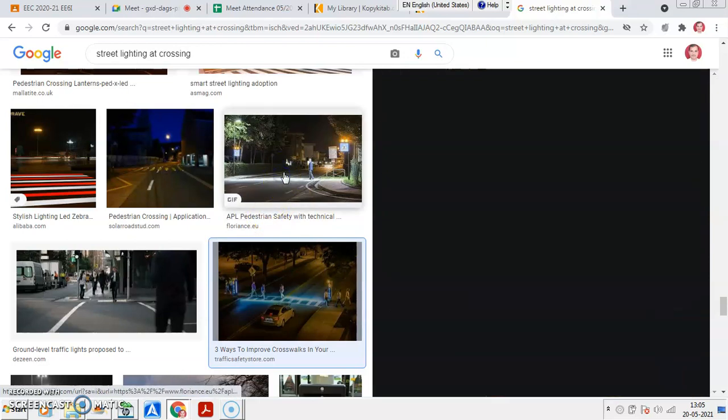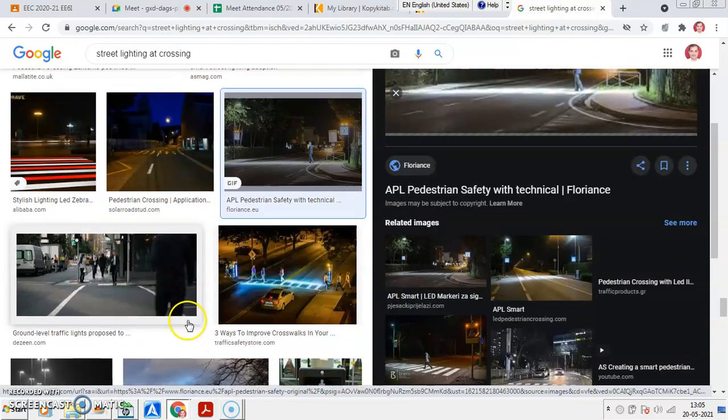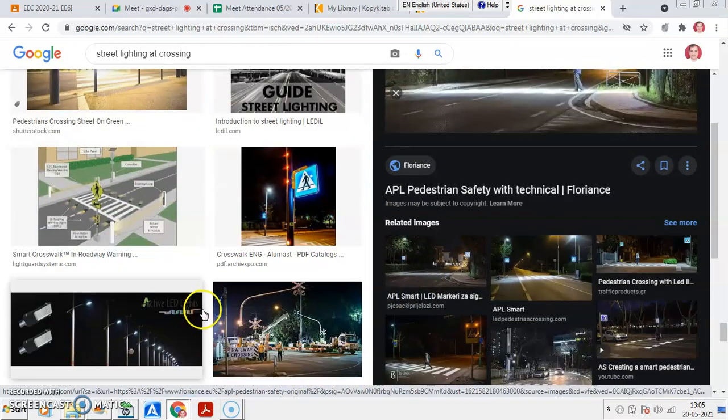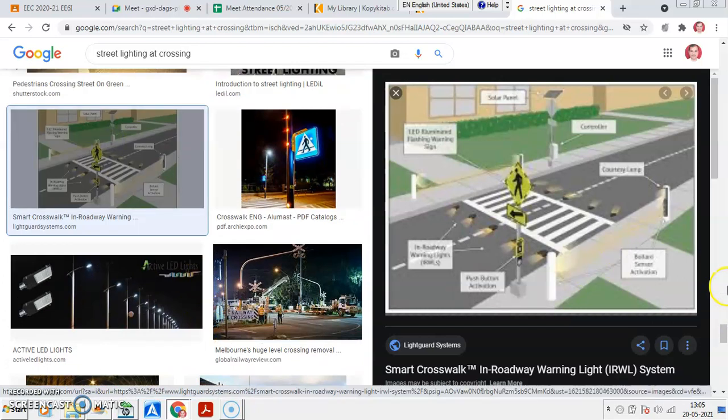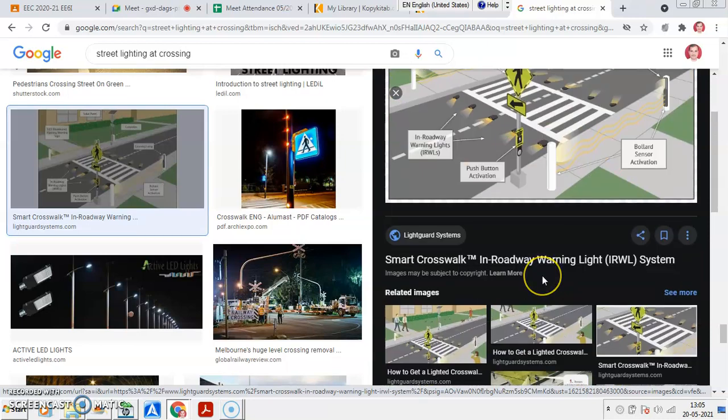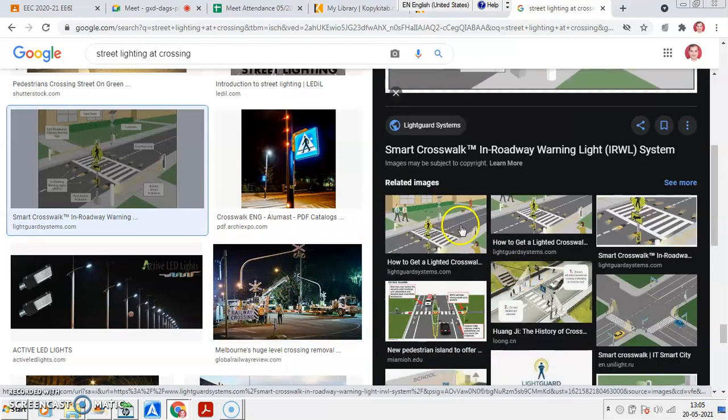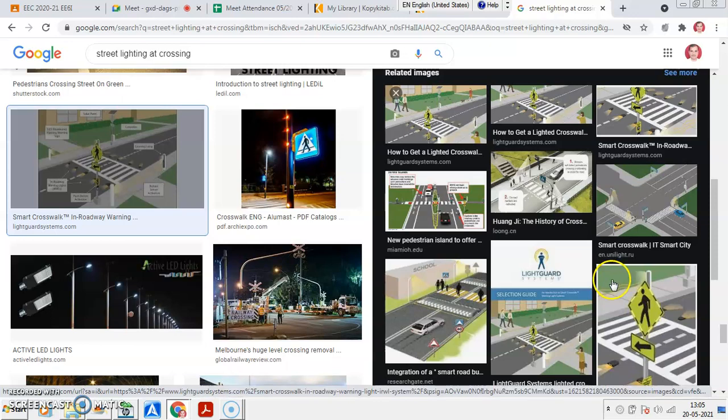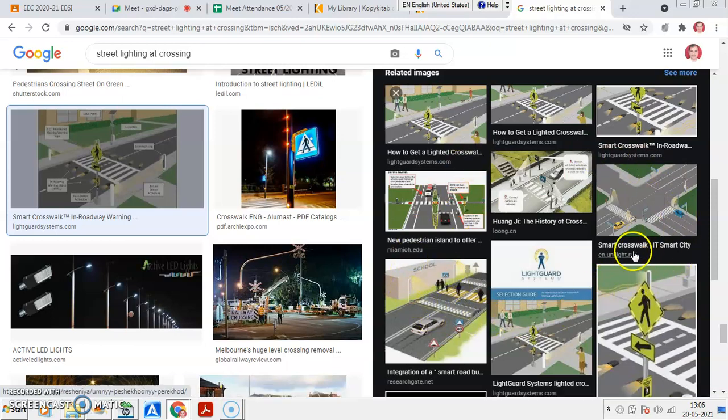This is an additional provision, that you can see, particularly at zebra crossing. You can have these provisions recently. So this is particularly automatic. When a person enters over here, the light will actually operate. A lot of crosswalks and provisions are there. So there is a huge scope to learn more and more things.